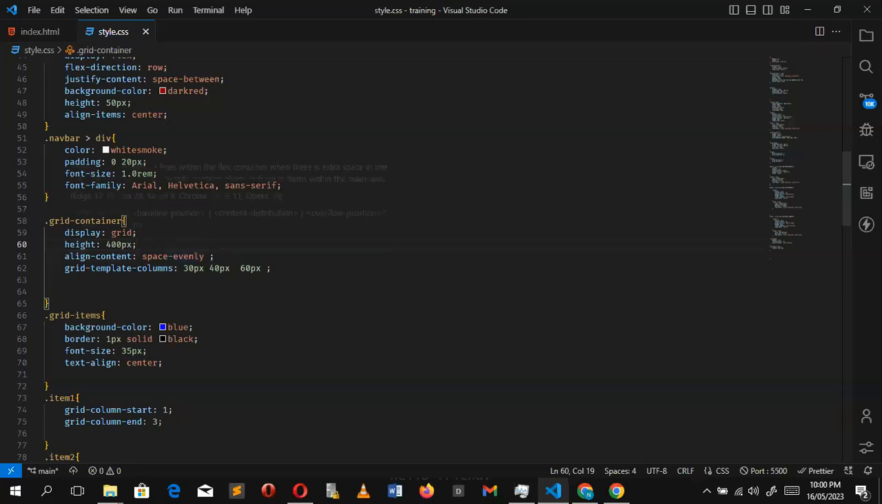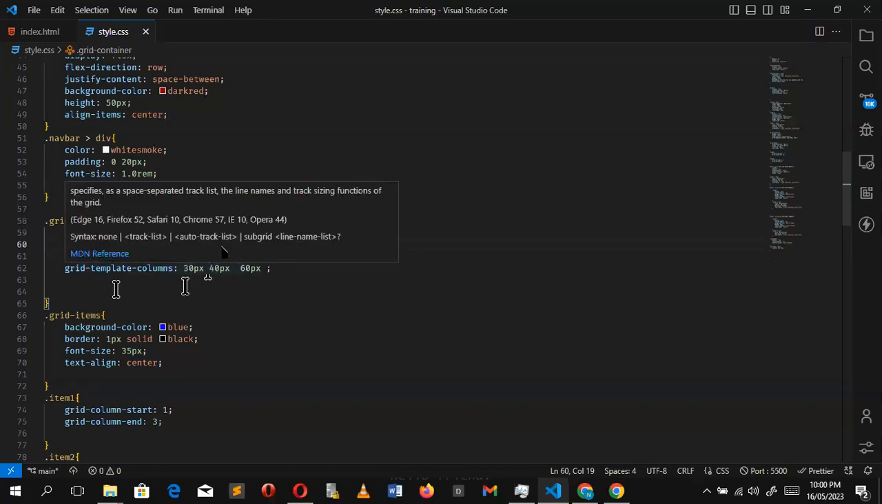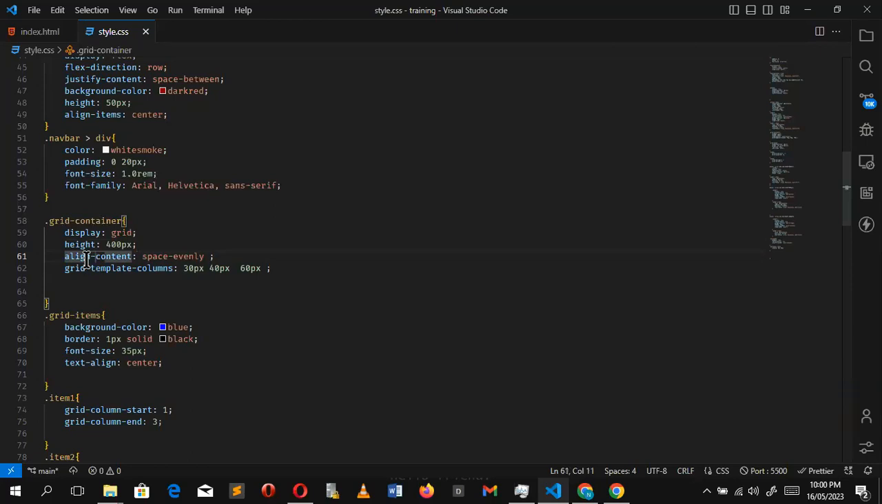Justify content. Okay, justify content. So after making use of the height, you now begin to need, you know that alignment has to do with, whenever you say align, majorly in all these flex and grid, it has to do with